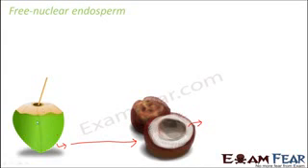Gradually in this phase, there is liquid endosperm in which multiple nuclei are floating. Later, cell walls start developing, enclosing several nuclei. Let us suppose in the tender coconut water, a lot of nuclei are floating. Now what will happen? Cell walls will start developing, enclosing a few nuclei. How many nuclei will be enclosed? That is variable. So multiple nuclei will be enclosed by one cell wall, and gradually these cells will start to form.